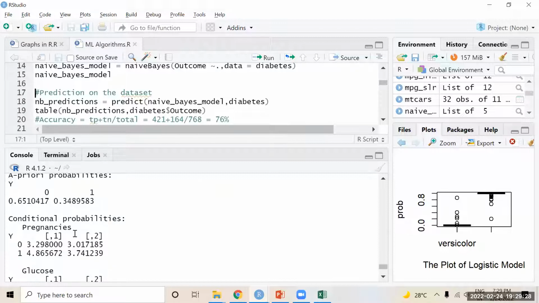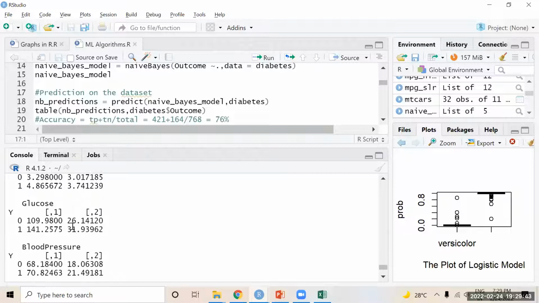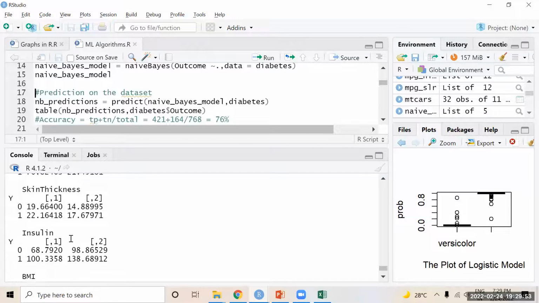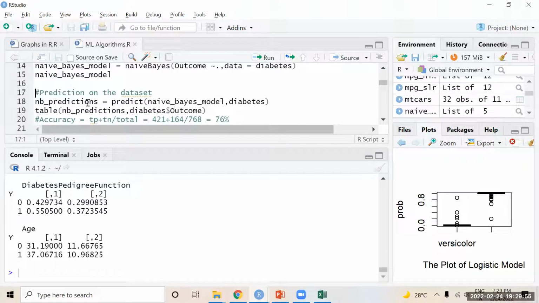Based on the existing data statistics, there are conditional probabilities: what is the probability of class 0 for the given pregnancy value, what is the value of the glucose and the probability of this value, which leads to class 0 and class 1. Those probabilities will be there for each and every column.